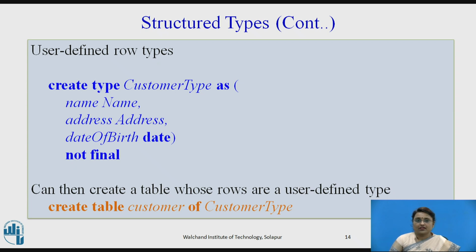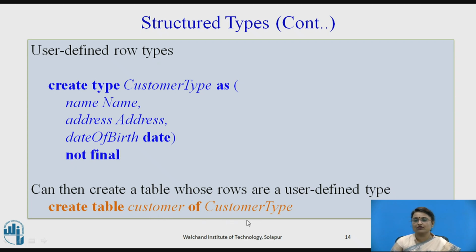Now, how to define the row types? When we are adding these things in the table, what are we doing? See, again we are creating another structure type. Earlier we defined name and address. Now again we are creating a type. What is that type? That is a customer type, right? It has name, address, date of birth and everything, and using this we want to create a table. So this kind of thing is also there.